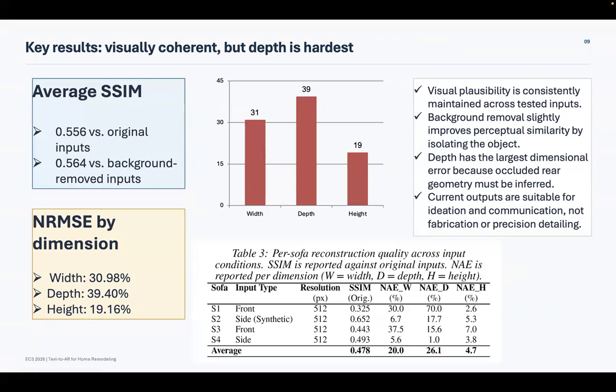So quickly, the key results. The average SSIM between the rendered meshes and the original input images was 0.556. When the comparison was made against the background removed images, the average increased slightly to 0.564. This suggests that background elements can reduce the similarity score and that isolating the foreground objects provides a clearer evaluation of reconstruction quality. For dimensional accuracy, the NRMSE was